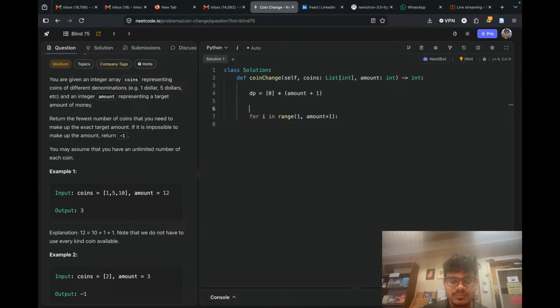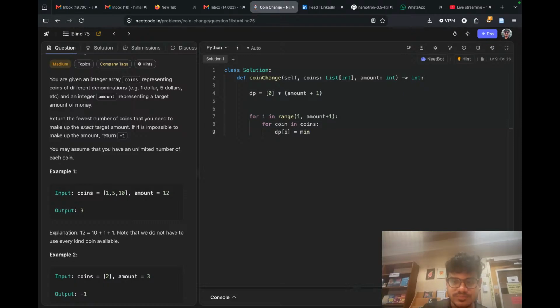So we can also iterate through all of the coins that we have. So we can say for coin in coins, we'll take all the coins, and then dp[i] will be equal to